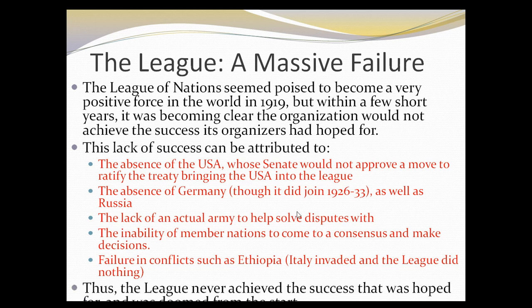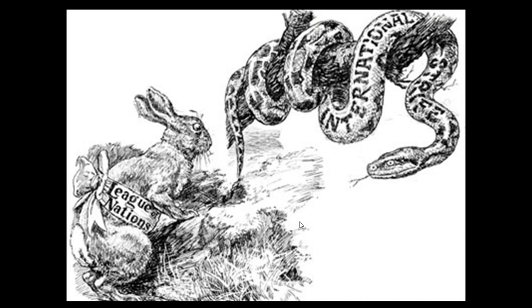Germany had also made some invasions of different parts of Africa. Japan had gone into Manchuria, which is a part of northern China. And again, as nothing occurred, it became very, very clear that the League was just not fulfilling its purpose and was kind of a big joke by the time World War II came around.